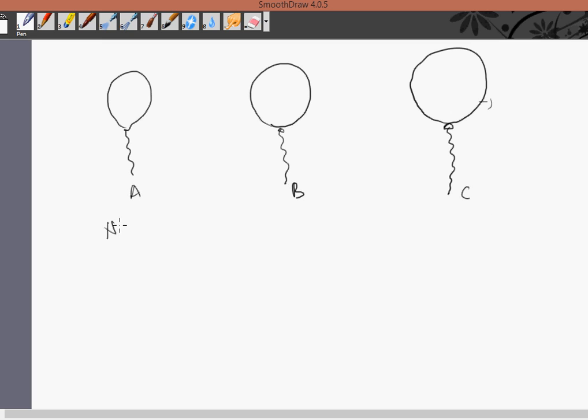This is the normal balloon. And this is quite the medium balloon. And this is the heavier, right? Similarly,